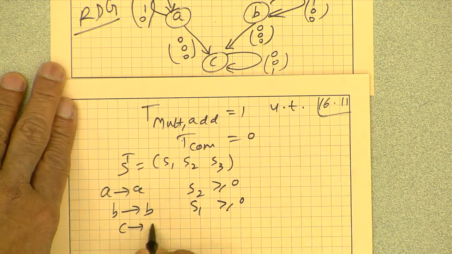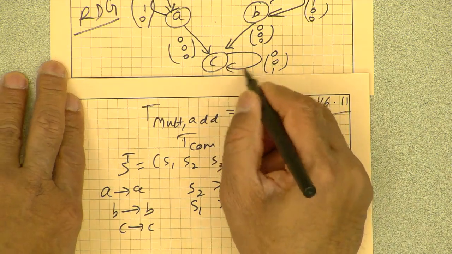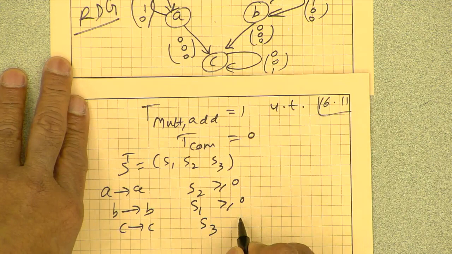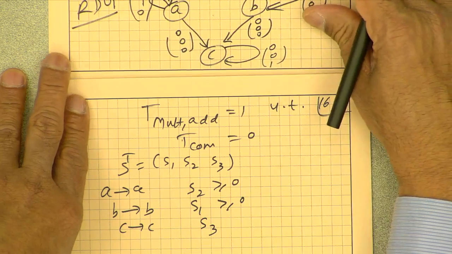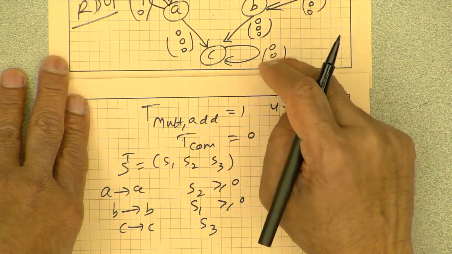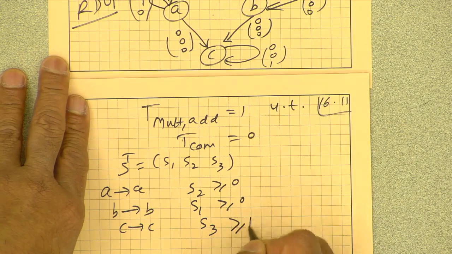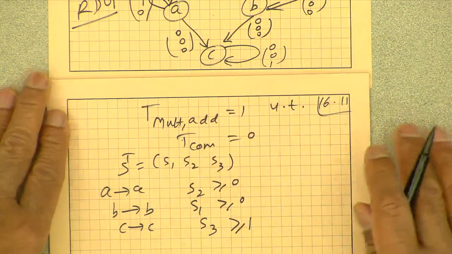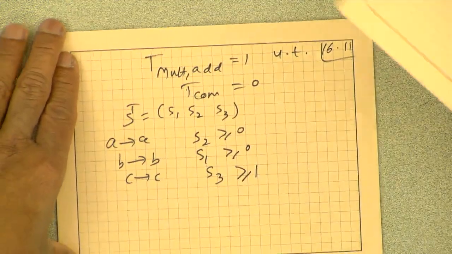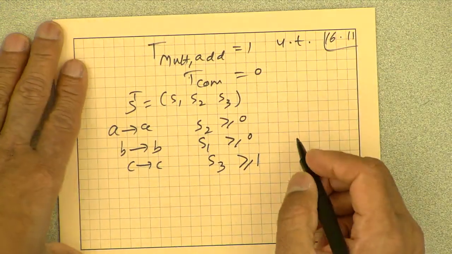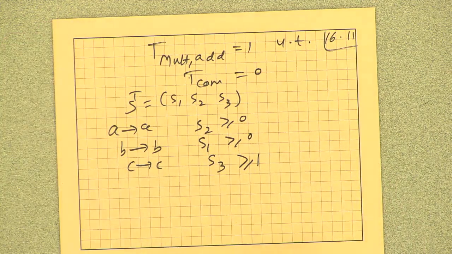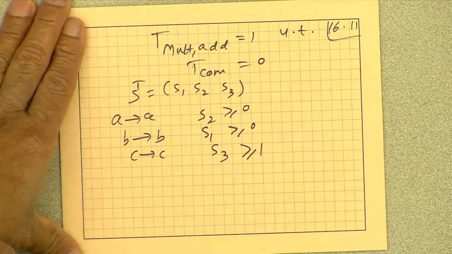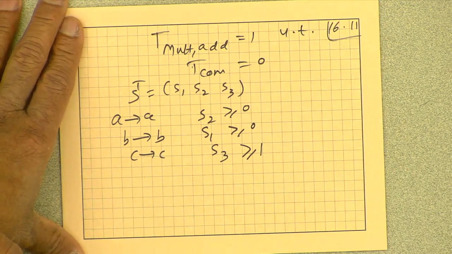For edge C to C, because that is computing something, S1, S2, S3 multiplied by 0, 0, 1 should be greater than or equal to 1, and these are all 0. So, they do not matter really, that says 0 greater than or equal to 0. So, those are the constraints we need to satisfy,